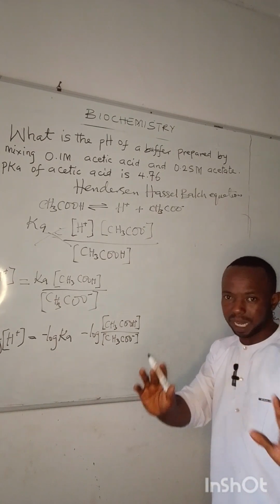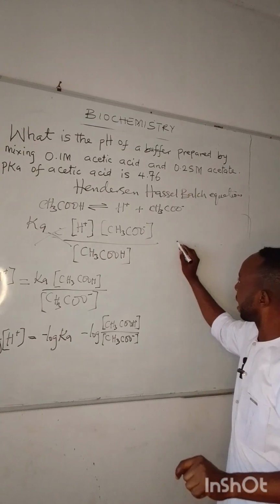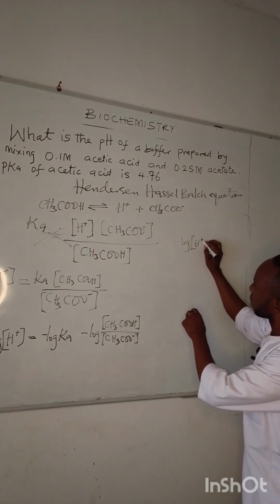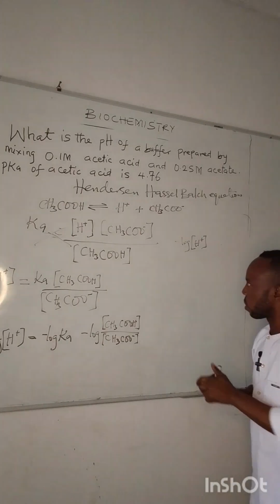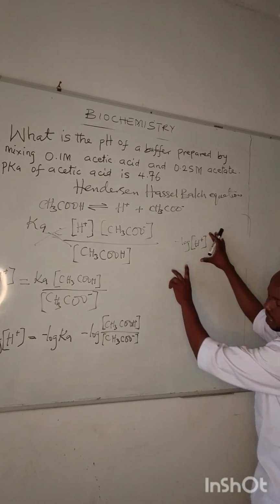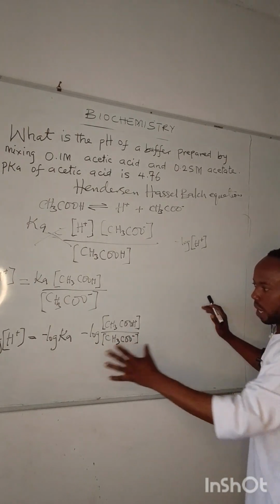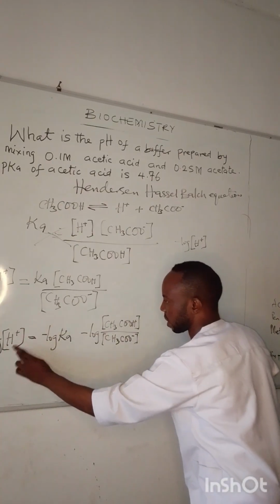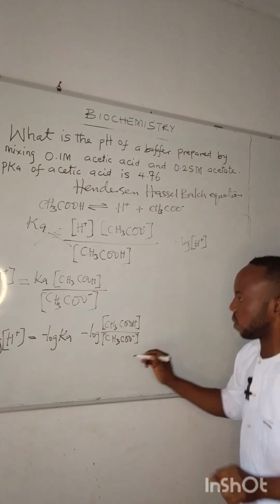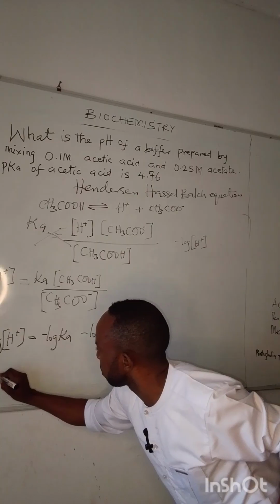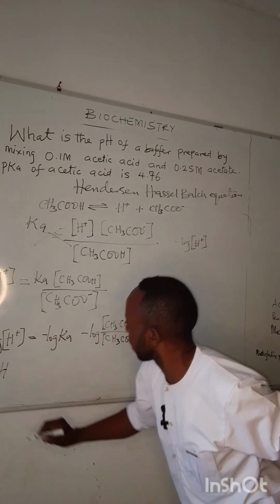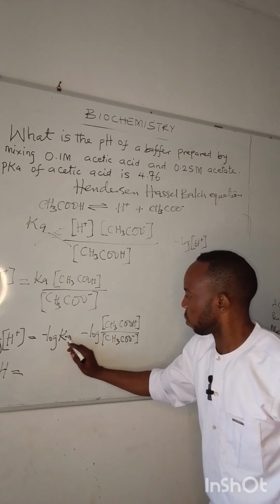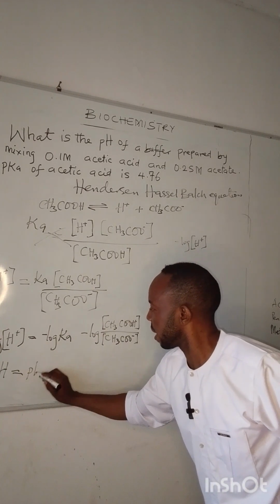So if this is what pH is defined to be, we can replace the whole of this with pH. So pH is equal to negative log Ka, that means pKa,